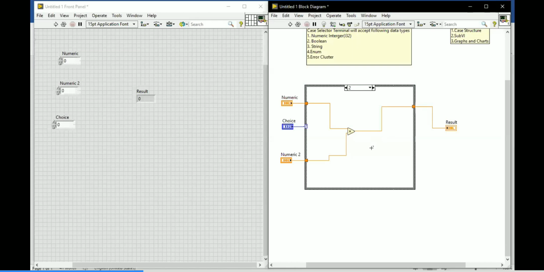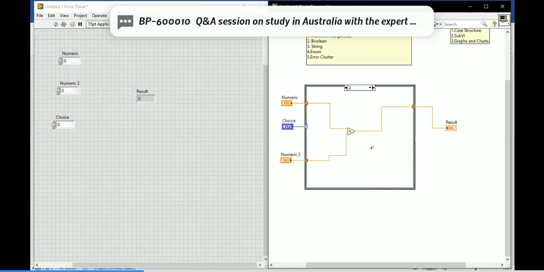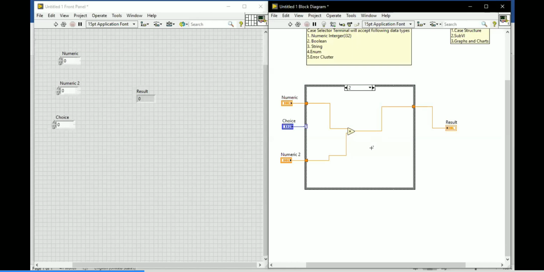Okay, so the tunnel will be filled, the white box will be cleared and it will be filled with the orange color. Okay, because we are dealing with the data type called DBL representation, that's why it's filled with orange color. If it is blue, then blue color will be filled there. Okay, so it has to fill. If it is filled, then the run arrow will be enabled, so you can run the program.